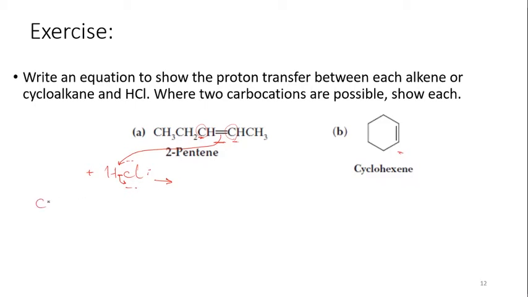This means I have to write down both structures: CH2, CH3, and in that case I will write here positive, and I will add here the hydrogen, or I may have the other structure also, CH2 and CH, with H from that side and H from that side, and this will have the positive charge, CH3. You have to remember I write down this positive charge because if you look now at the formal charge around my carbon, 1, 2, 3,